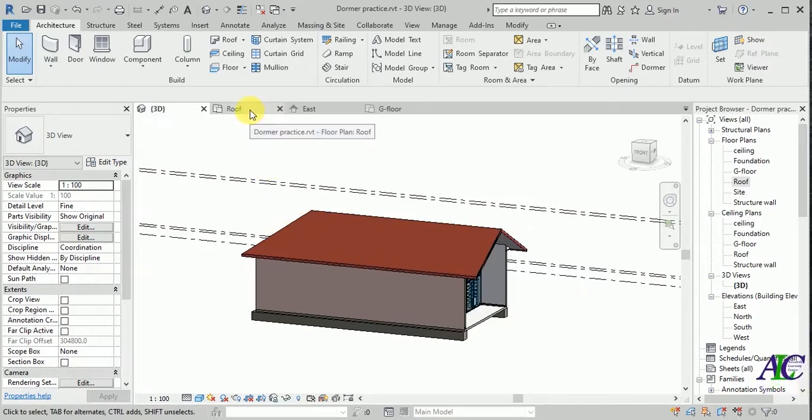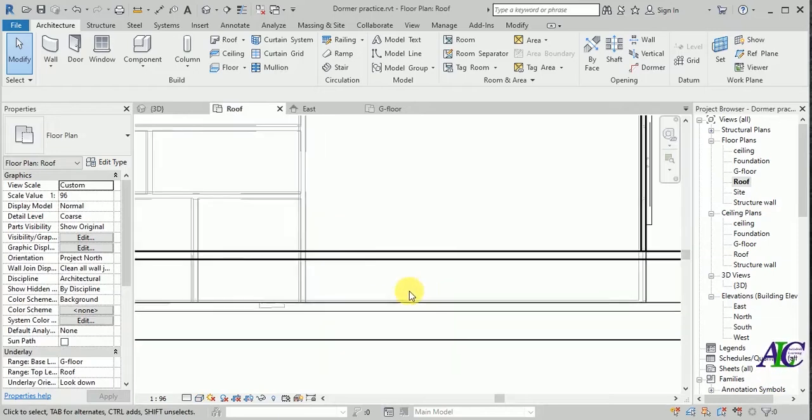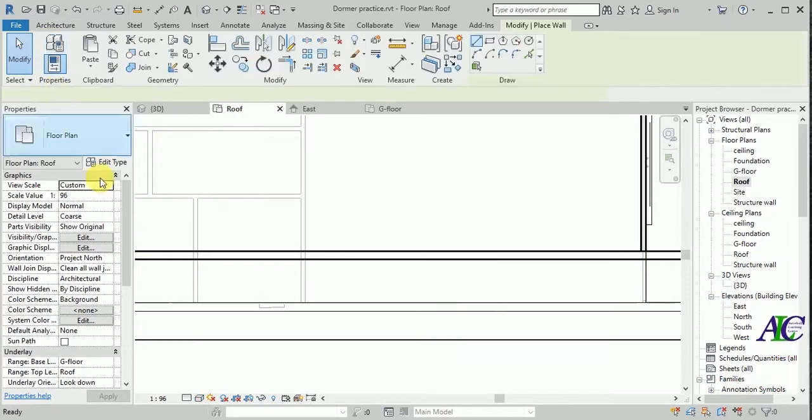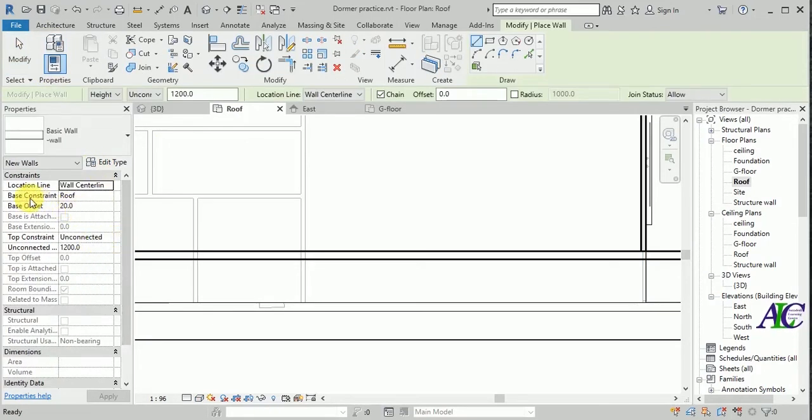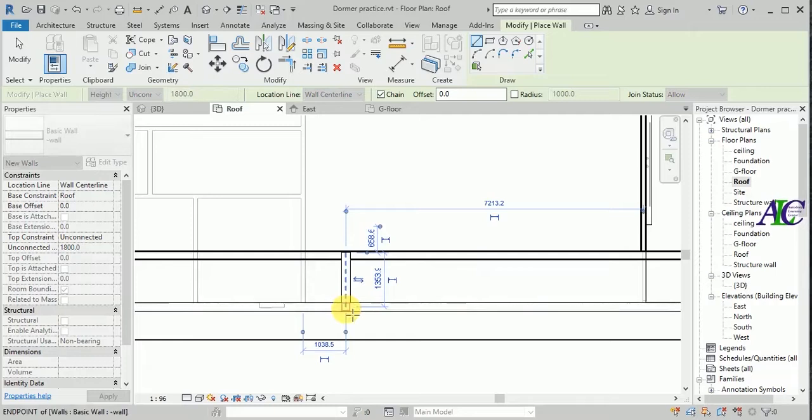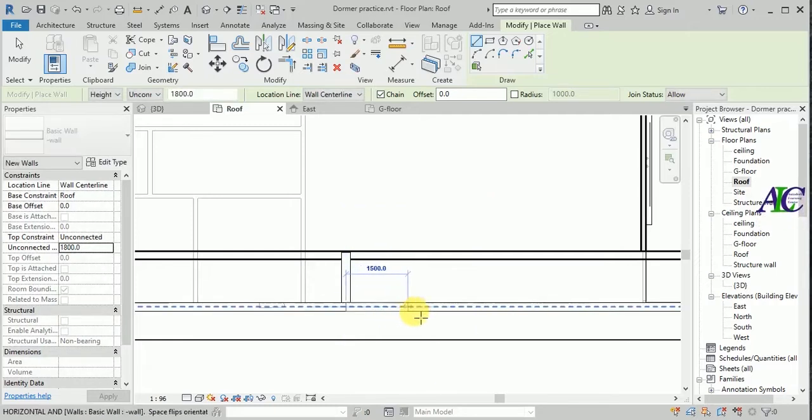Okay, so let's go to the roof, and the first thing I'm going to create is a wall in here. Select the wall and let's change the properties in here. I start from 0 and for the top constraint I want to select 1 meter and 80 centimeters. Okay, so let's create one wall in here, one in here, so maybe 3 meters,